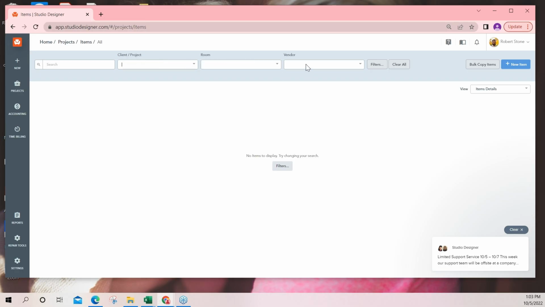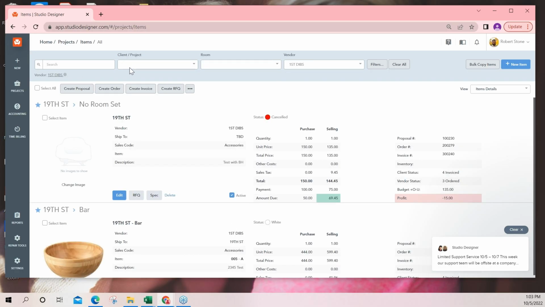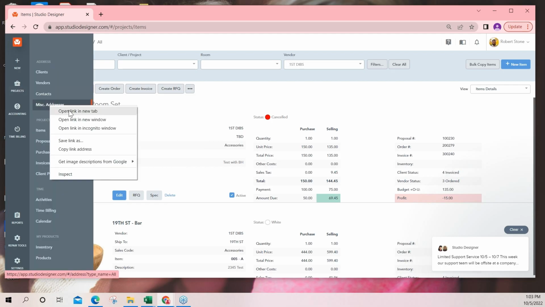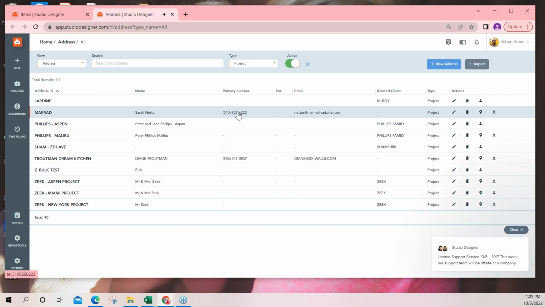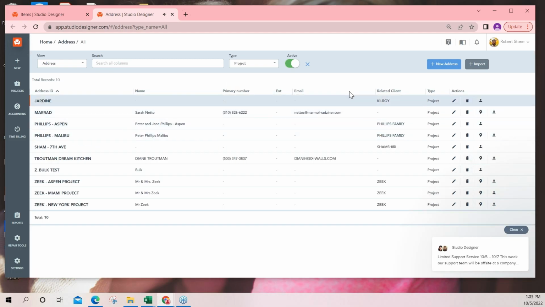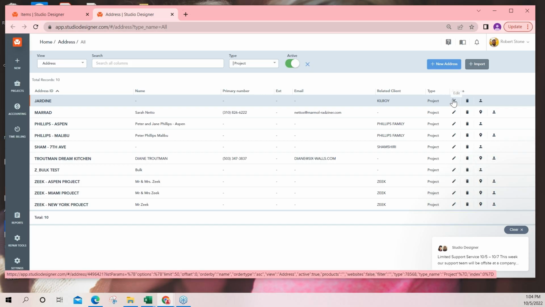If you had multiple projects set up and they were all linked to one client, so this client, Kilroy, if you searched by the client Kilroy, all of the sub projects under Kilroy would pop up. But again, that's assuming that the setup of the project versus the client